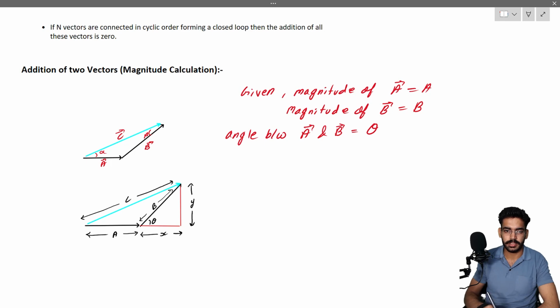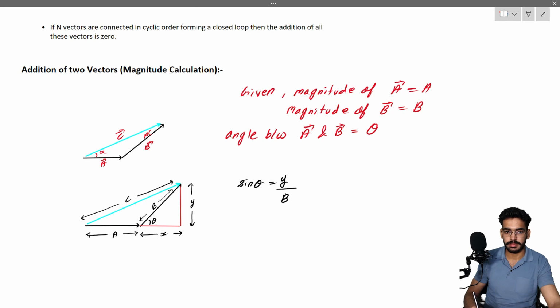I want to find out the magnitude of c. Okay, then all the things are done. Now what I'm saying is, what can you write from this triangle for sine theta? Can you give me the sine theta from this triangle? Sine theta is